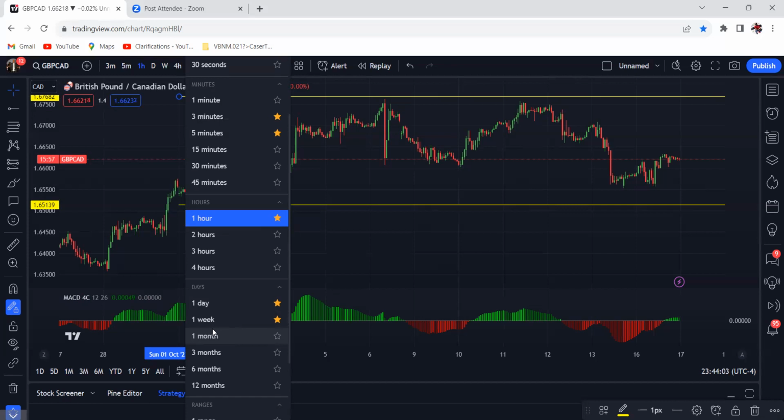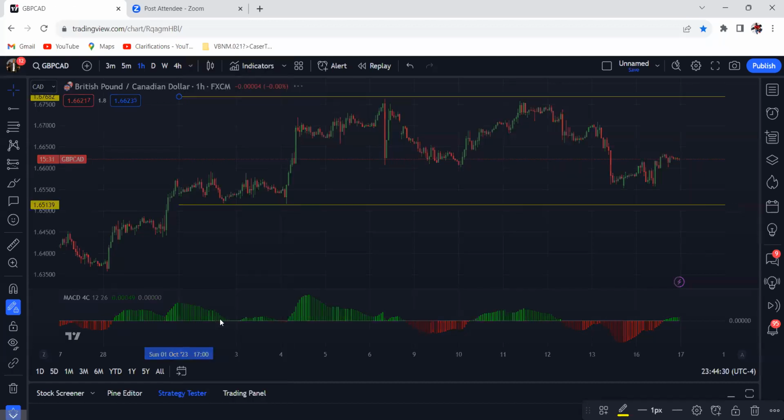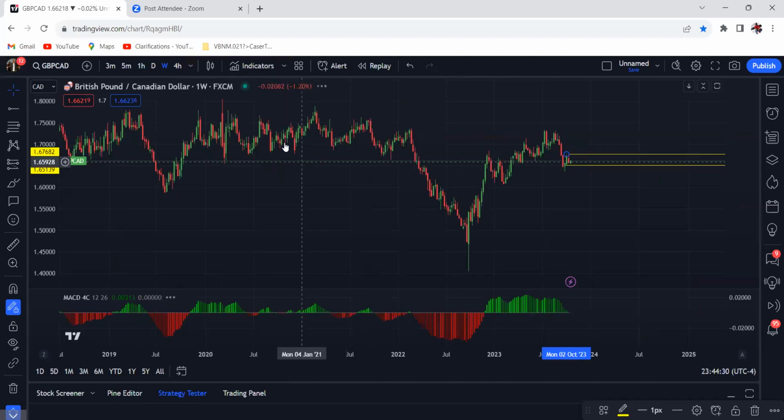If you've ever ordered an Uber or a Lyft, I'm assuming everybody watching this has, at one point or another in your life, especially if you're in the United States. When you're ordering that Uber, what's the first thing on the app? It gives you the whole map. That's what the days are for. Whether you're looking at the daily or the weekly, you want to look at the whole map. So if I go to the weekly right now, it's going to give me an overview of what's going on in GCAD.